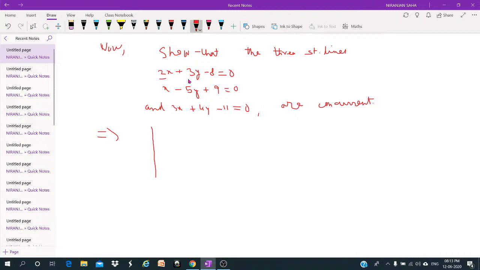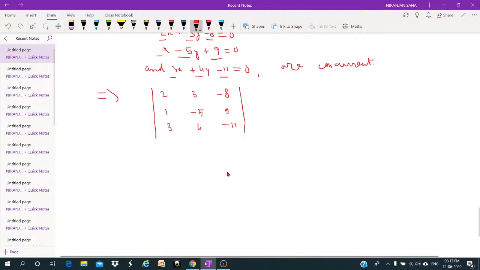This is 2, 3, minus 8, 1, minus 5, 9, 3, 4, minus 11. So what is the value of this? To find out,